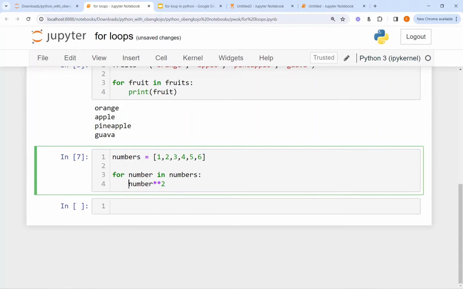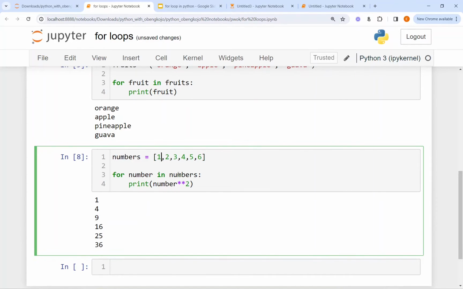Just to display that, I'm going to say print so that we'll be able to see it. So print the square number, exponent 2. We pick the number, raise it to the power 2, and print it out. Let us go ahead and run that. So 1 exponent 2 is 1, 2 exponent 2 is 4, 3 exponent 2 is 9,